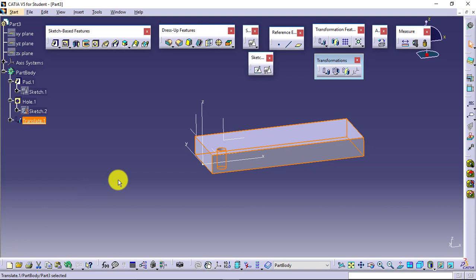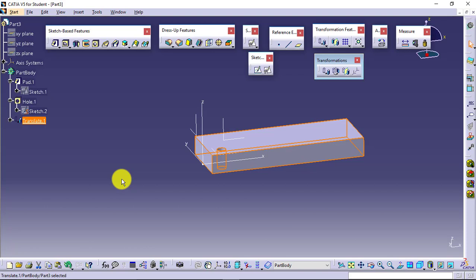We can use these transformation features as an advantage when we have to check multiple positions of a particular part. Say I want to check different locations of a particular part in an assembly. In that case, I can go for transformation features. I will change the position, rotate it or translate it, or adjust the position as per the requirement.